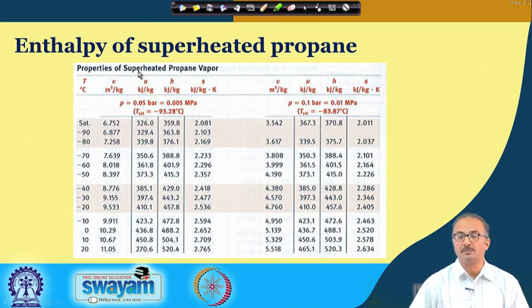Now, because we are talking about superheated propane vapor, that means we have to consider all the temperatures which are above T sat. So, that is why you find that in this particular table we have the temperatures which are more than the T sat of the particular material at the given pressure. So, this kind of chart you will get for different types of components. So, we have been asked to find out what is the enthalpy at 0.05 bar and at 0 degrees centigrade.